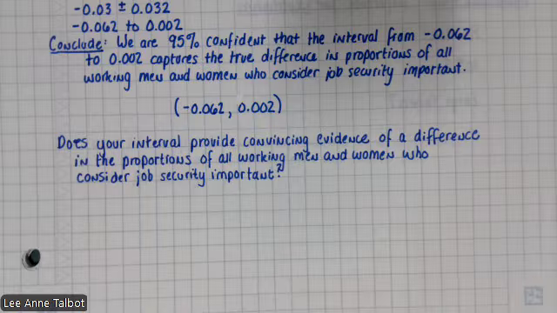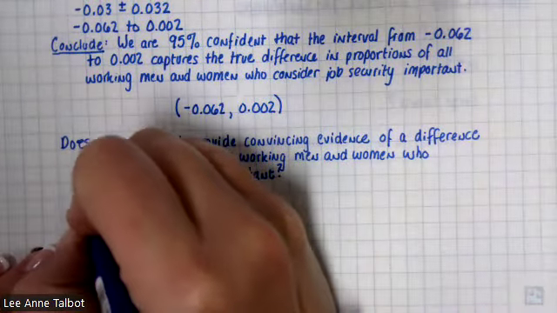Okay. Does your interval provide convincing evidence of a difference? No, because sometimes it's negative and sometimes it's positive. Sometimes it's negative, meaning that women care more. Sometimes it's positive, meaning men care more. So it does not provide convincing evidence of a difference. However, we're not going to write it like that. We're going to write it in a much more succinct way. I do care about you seeing the positive and negative possibilities, but what we're going to say is no,